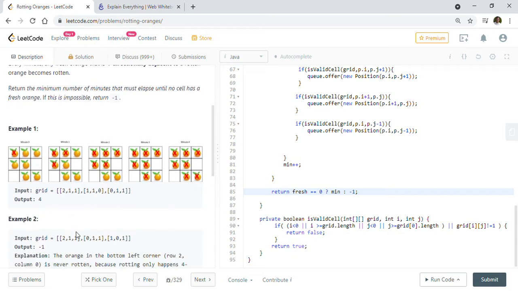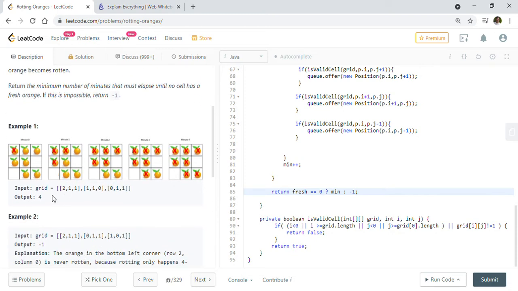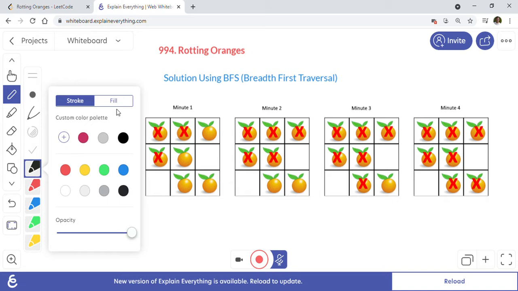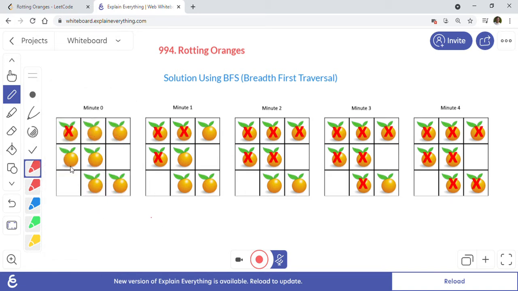So they have given us an example of a grid of oranges, and let's take that same example here and discuss how we are going to solve this problem. This is the start grid and this is the end grid.